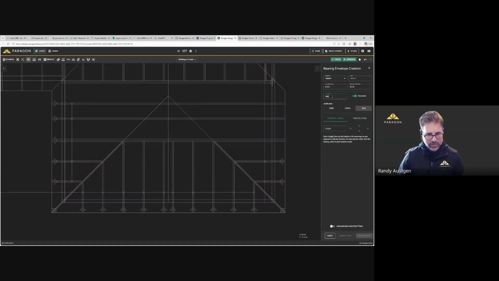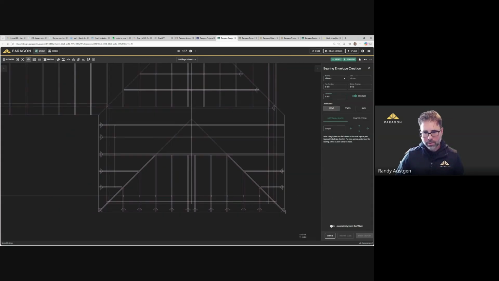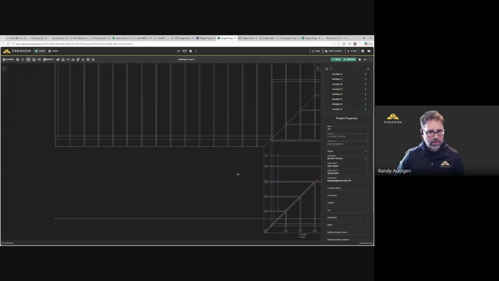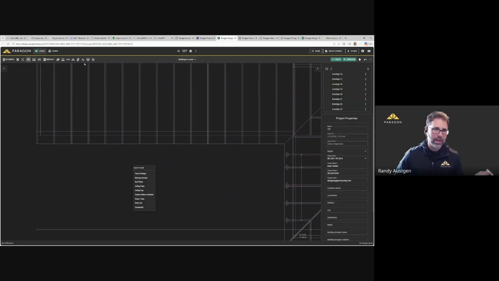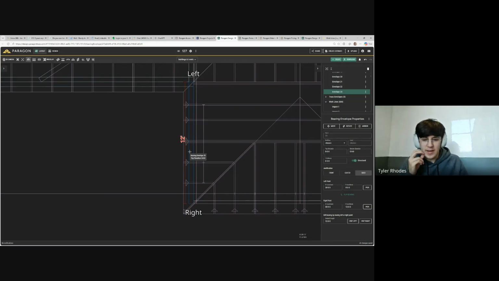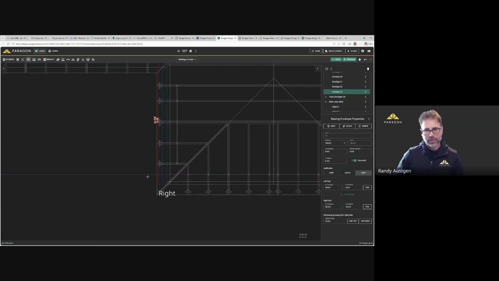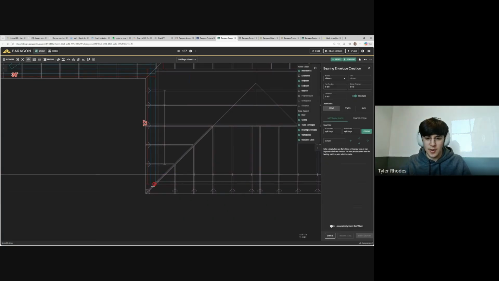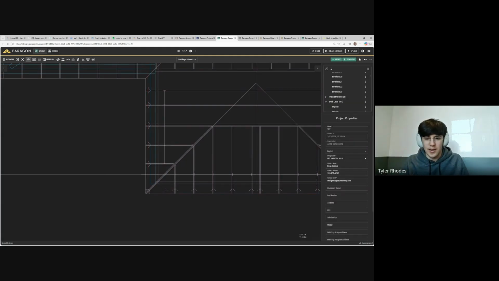Actually, I'm going to do this. I got turned around somehow. Oh, yeah, that's what was happening there. There we go. And Randy, one thing that might help you pick the right lines, one thing that I found helpful is snapping it to orthogonal when you're doing those right angle walls, because otherwise it's pretty easy to snap to a slight angle and not notice.